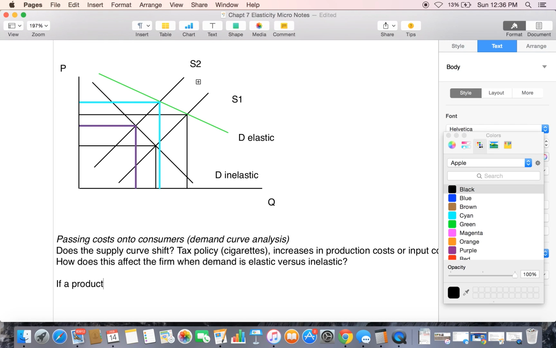So if a product corresponds to an inelastic demand curve,